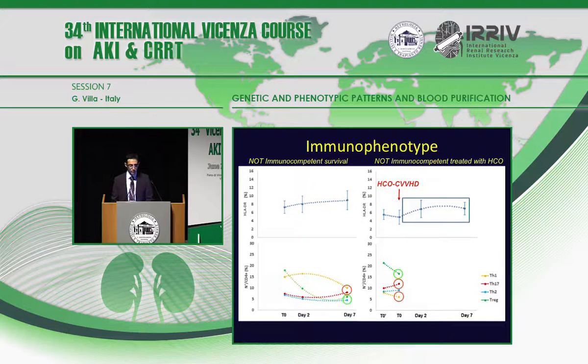This is a group with a very high level of T regulatory lymphocytes, so these patients are deeply anergic if compared to the Th1, Th17 subgroup. We start the treatment with, in this case, high cutoff membrane, and we observed a very high increase in HLA-DR expression. So these patients are again able to respond to the antigen. The T regulatory system falls down, and again the capability to respond to the infection is observed for this patient